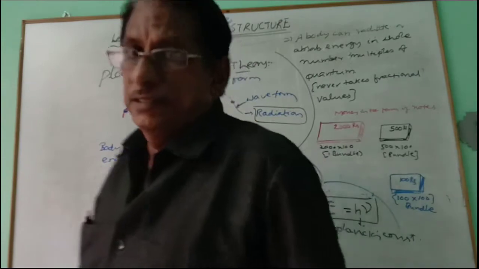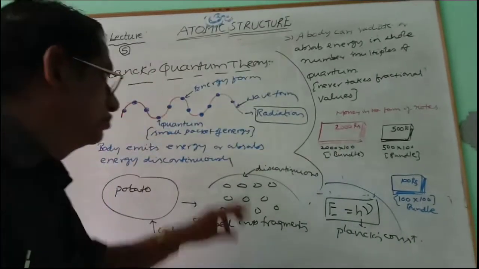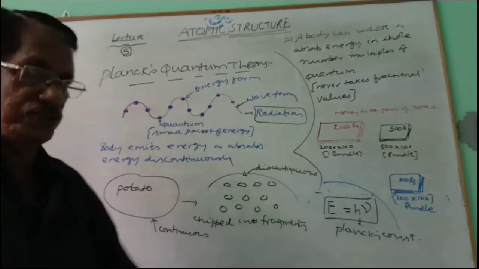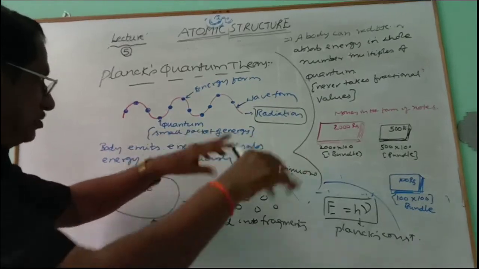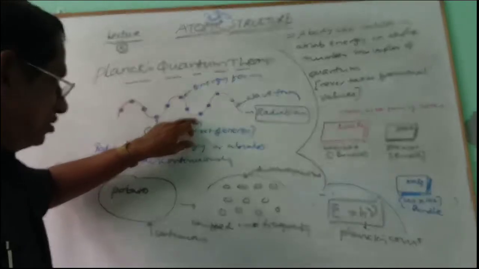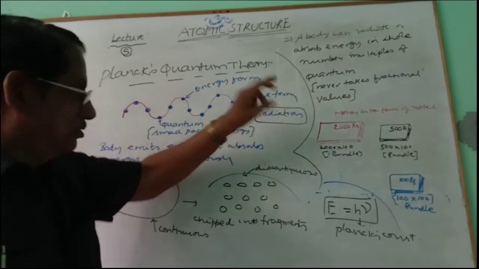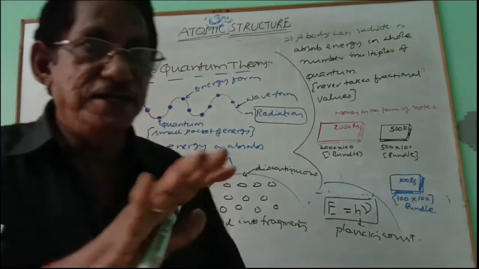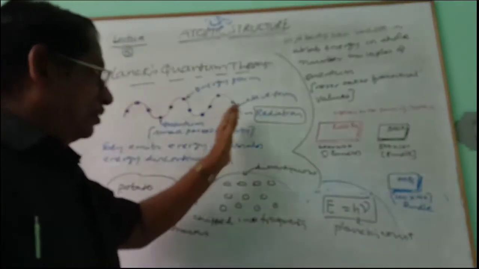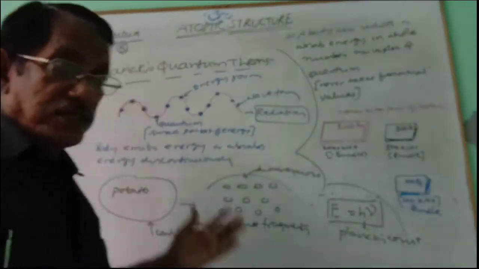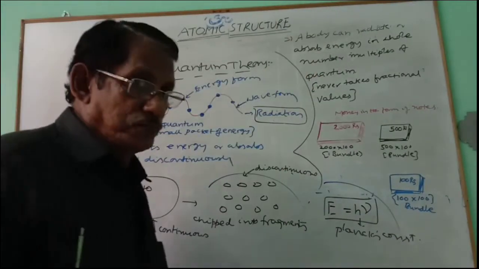Now, let us consider a radiation. Radiation is in the form of a wave. The waveform is always continuous. But the same radiation possesses energy in the form of packets of energy, which is called quantum. So, the emission of quanta in the form of packets of energy is discontinuous. This is discontinuous and this is continuous. But both are interlinked. They are present in the same radiation. So, radiation has a continuous form in the form of a wave, and a discontinuous form in the form of energy packets. Both are embedded in the same.